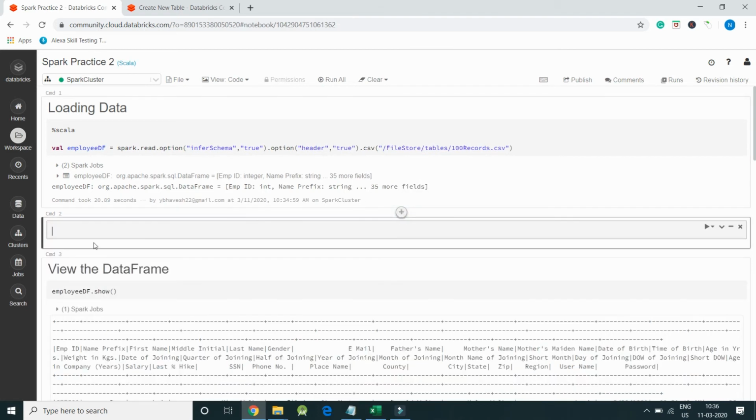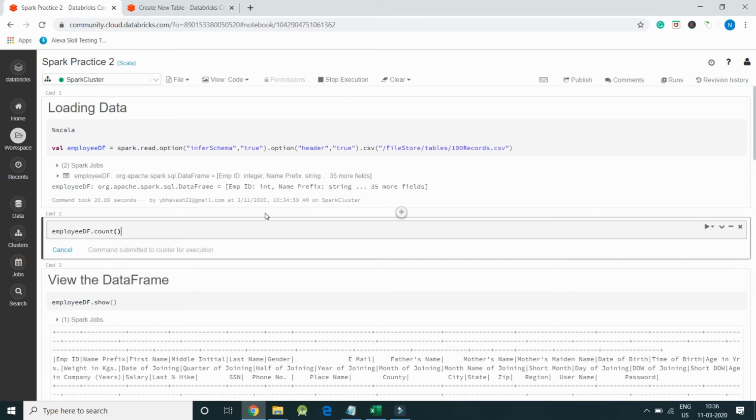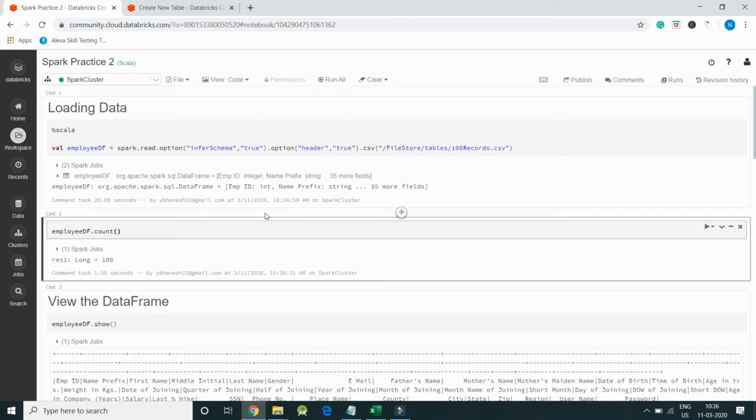You can also type employeeDF.count, which will show 100 records. We have 100 records in the employeeDF data frame.